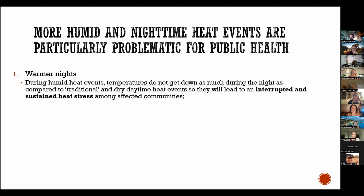So when you have a lot of humidity, this diurnal temperature range will be very small, which means that the temperature is not going to be cooling down, which means that people living there, depending on the housing conditions, if there is a heat wave and a lot of humidity, will experience what we call uninterrupted and sustained heat stress. So people are going to be continuously exposed to a lot of heat and this heat stress and all of the physiological mechanisms that we talked about before. So this is another reason for which humidity is a big issue for public health, because of this sustained and uninterrupted